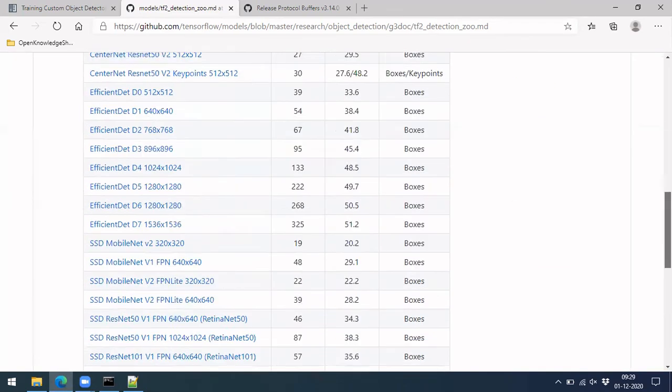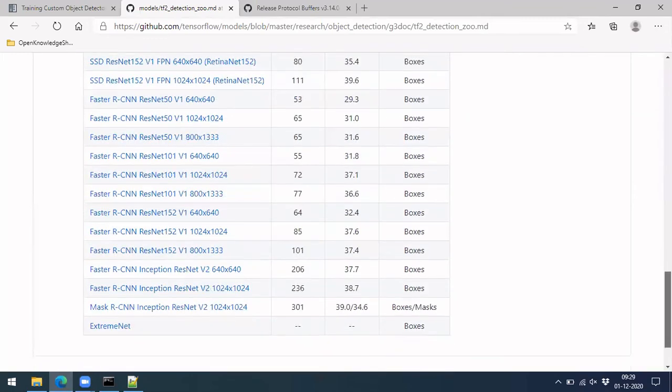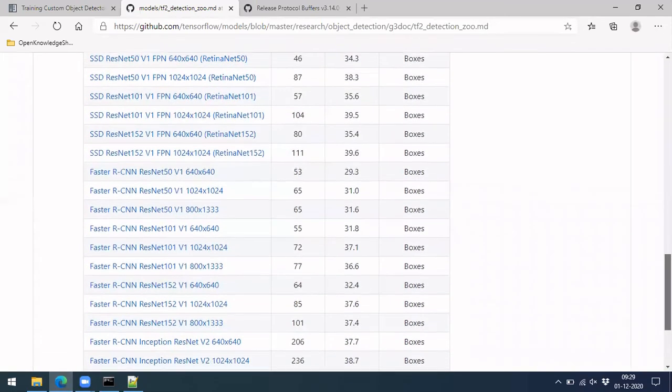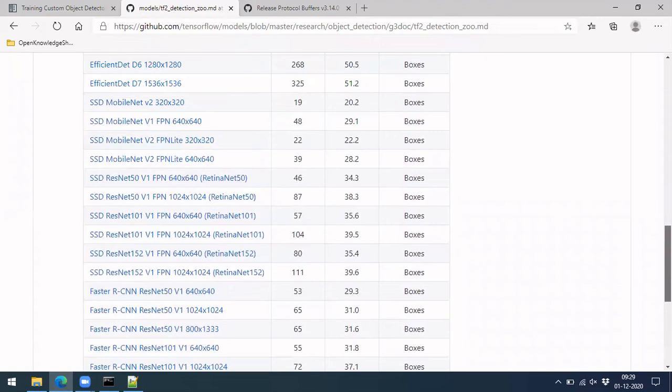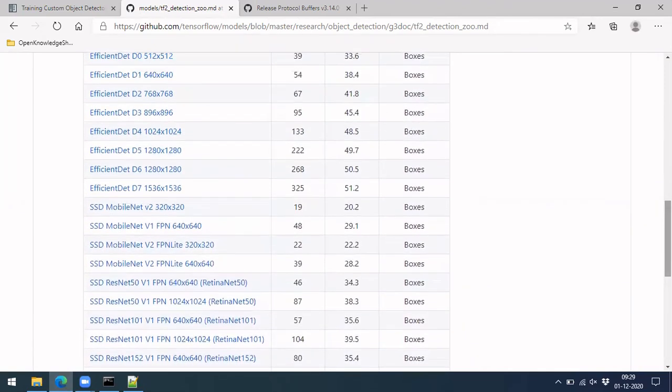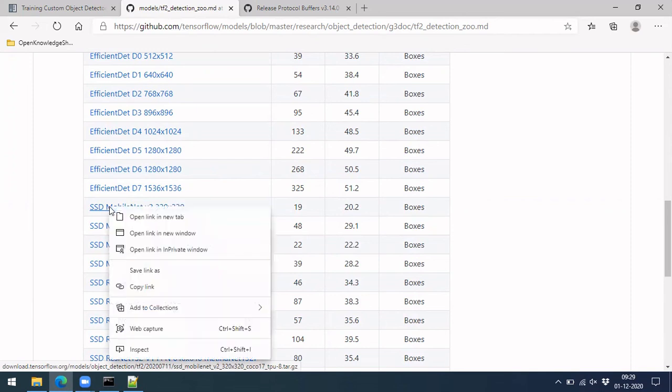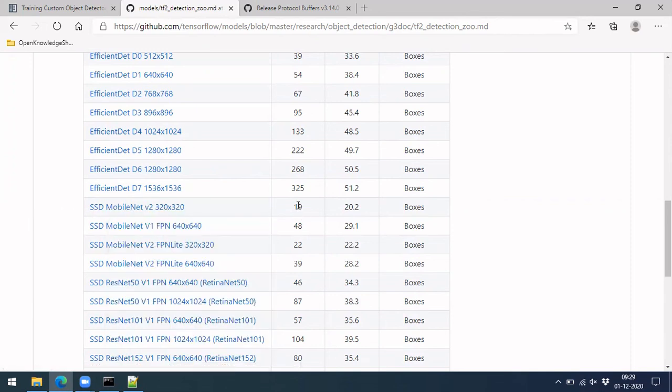There are also models meant for CPU, but that is only there in TensorFlow 1. You can also go for this MobileNet version, which is meant to run on mobiles as well. You can try this model, which is the smallest among all.